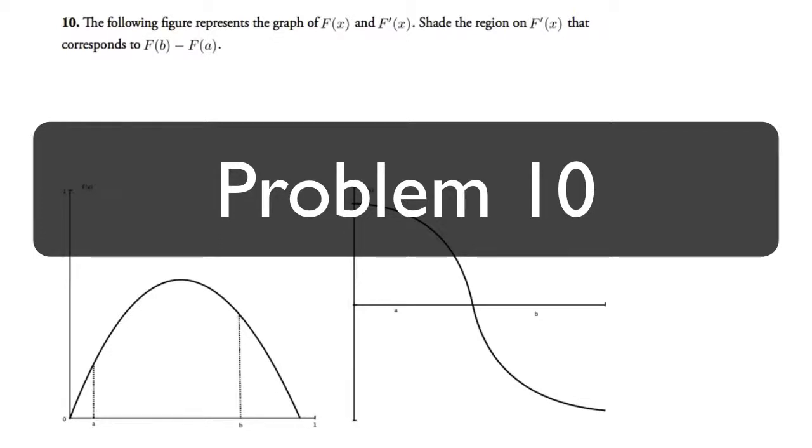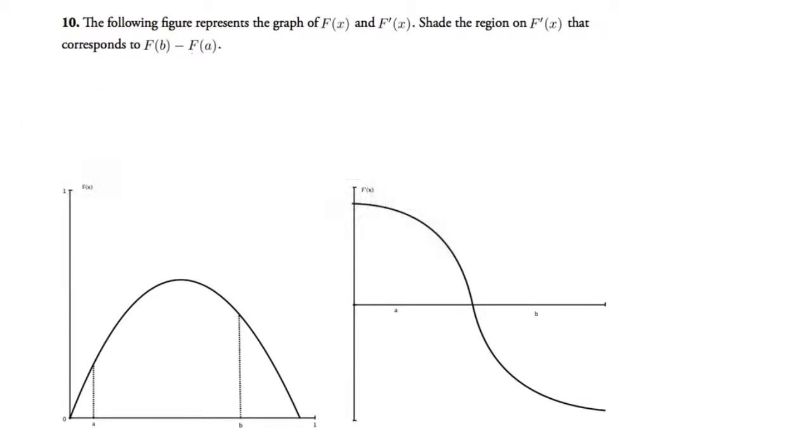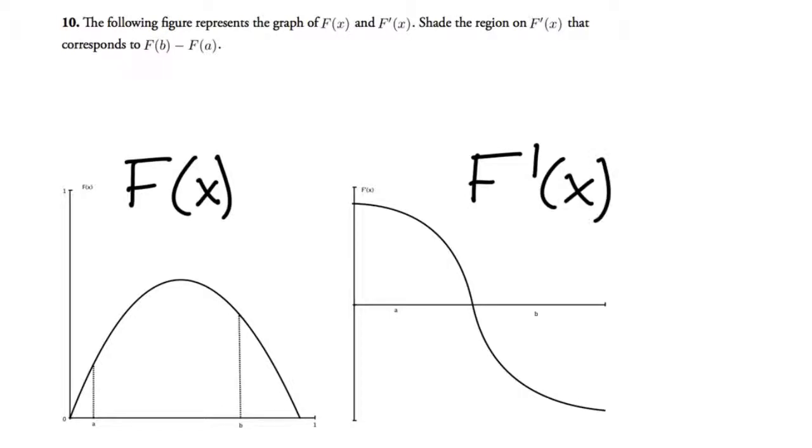Okay, so we have that the following figure represents a graph of capital F of x and capital F prime of x. Let me increase the font size here. So this is capital F of x and capital F prime of x. Or in other words, this function right here is the antiderivative of this one. Okay, so then it says shade the region on f prime of x that corresponds to capital F of b